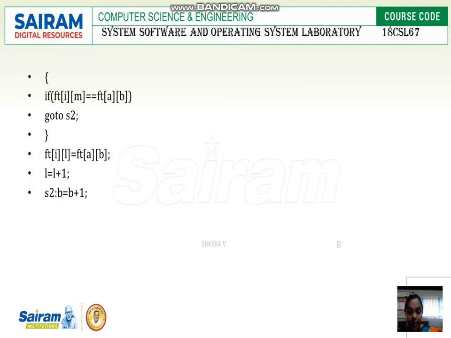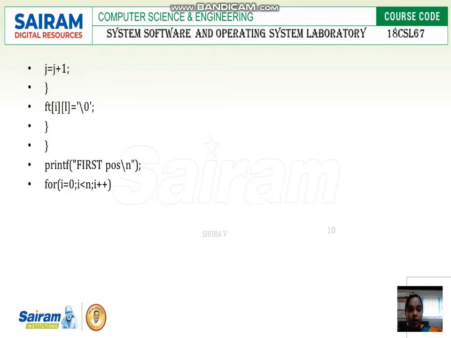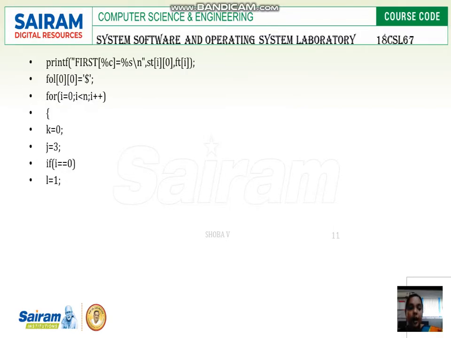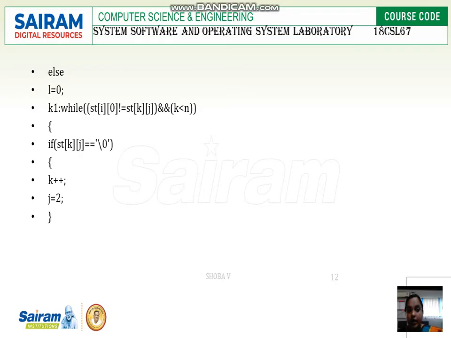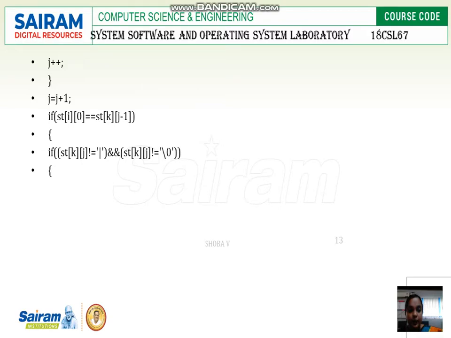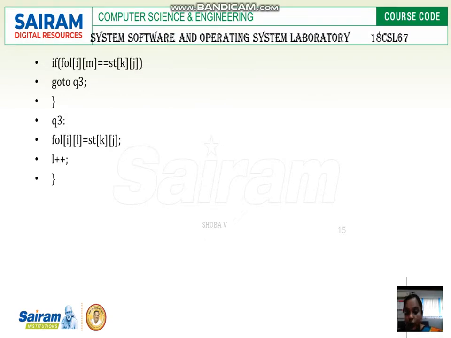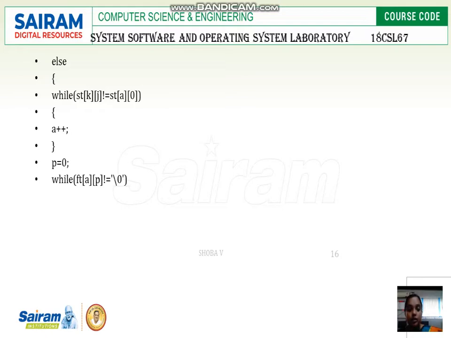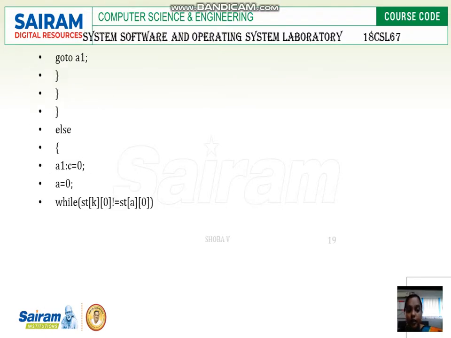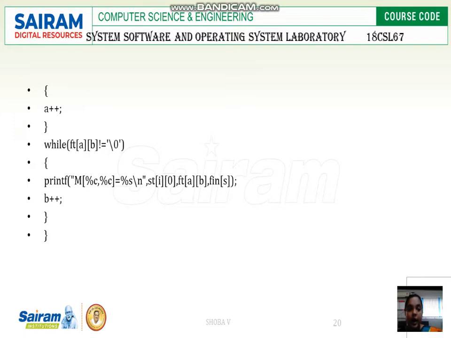Again we are using the same for loop statement with the same process, and then we can go to string 2. Then afterwards we can give the increment for b plus 1. Again the same process we are doing for first and last. So if condition i equals to 0, then l is equal to 1, else l equals to 0. Then at last we can see this operator, the same process we are going to find out, and then we can go to q3, and else the while loop, again we are going to check. So the same process will continue till we generate the predictive parsing and LL1 parser.